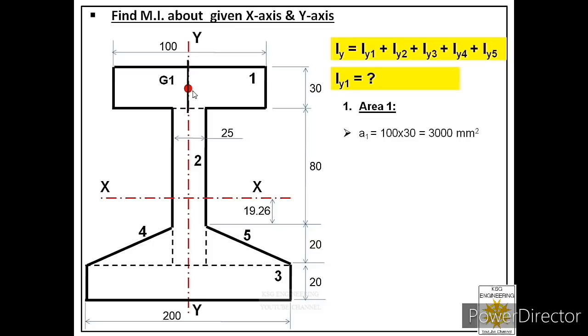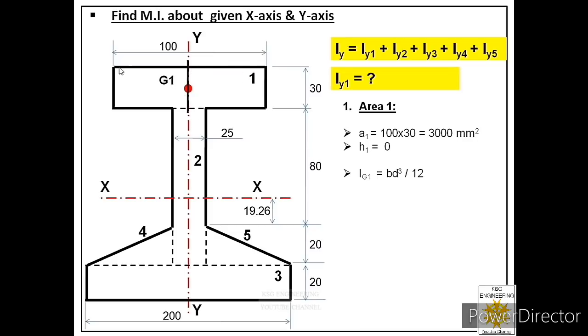Now what is the change over here? The change is that from that centroid, now we have to draw its centroidal axis parallel to the main axis. The main axis in this case is a vertical axis. It means we have to draw a vertical line through that centroid, and then find the distance between the centroidal axis and the main axis. But in this case you will find that both axes are at the same place, so h1 is 0. It means now we have to find Ig1, that is the area moment of inertia of area 1 about its own centroidal axis.